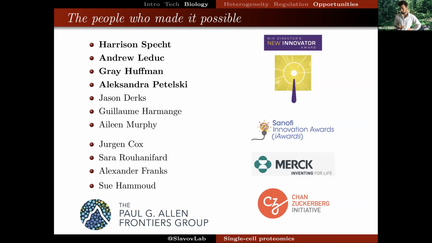Now, we've used another heuristic, not yet published, but we're going to talk about it at the Single Cell Proteomics conference about a month from now. Gray Huffman, a graduate student in my group, has used it. Instead of using this heuristic of picking the most abundant peptides, we can tell the instrument, we have this list of 5,000 peptides of interest. We want to prioritize their analysis rather than just the most abundant peptides. And that's one way, even now, to measure less abundant proteins of interest.